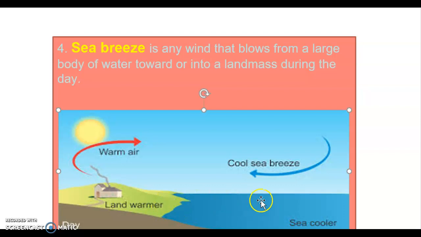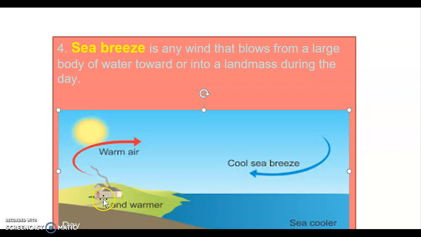So during the day, you will notice the unequal heating of these two, the land and the sea, or the liquid part. For example, maybe if this has already increased by 10 degrees, this one has not. If you use a thermometer, which measures temperature, you will notice that this area is warmer than this area. So in that case, the cool sea breeze